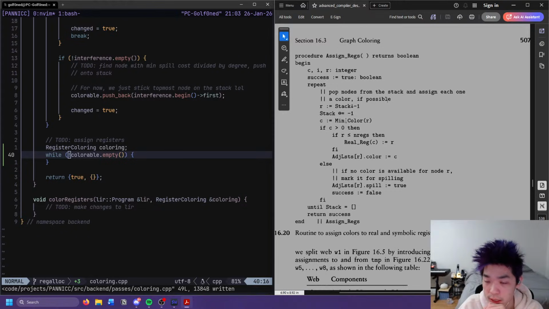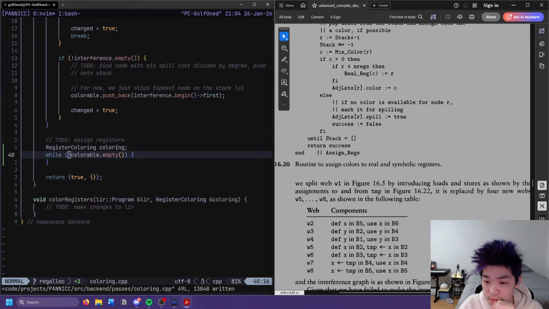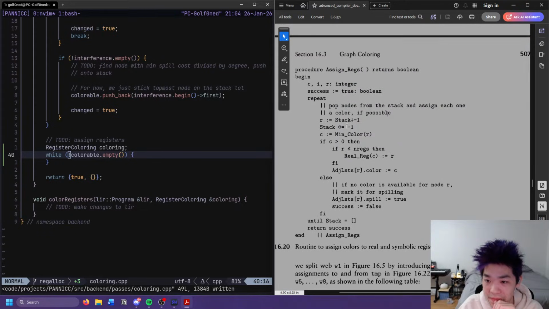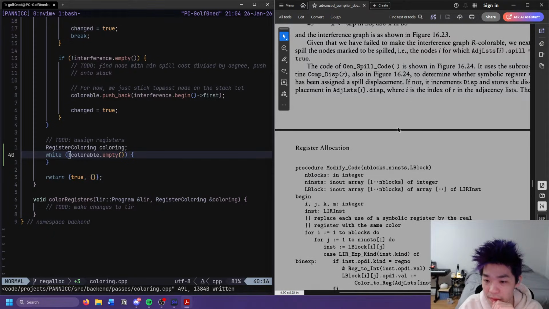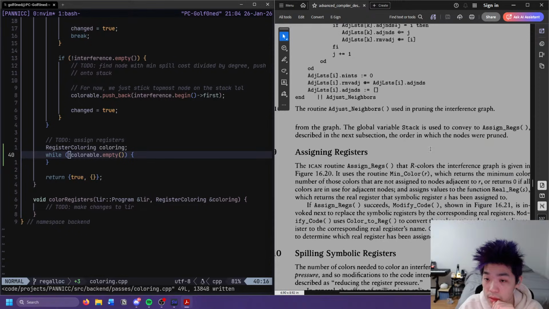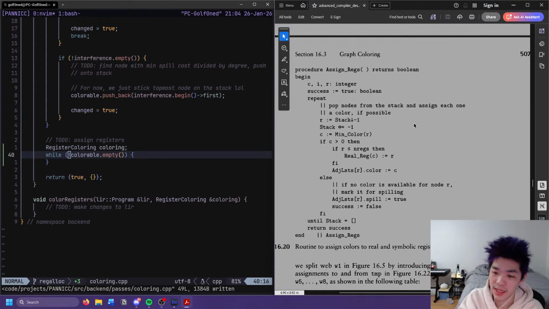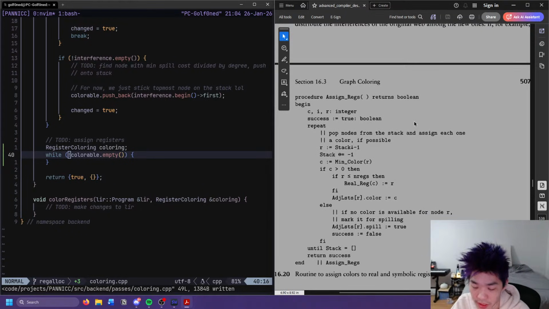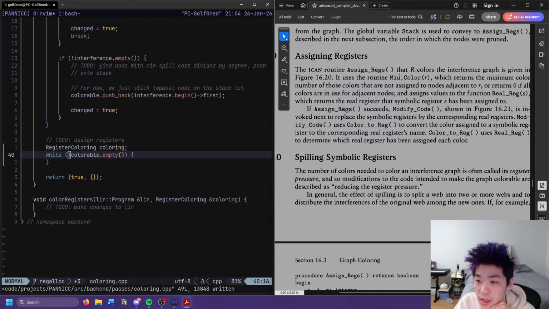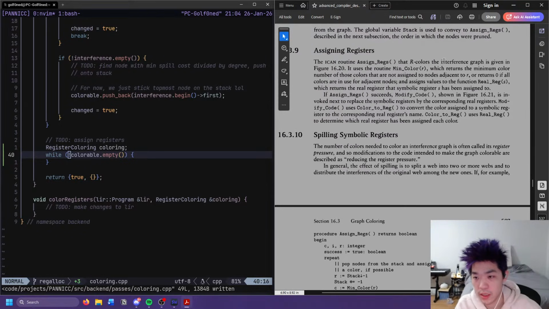Min color. Where does min color come from? That's modified code, that's not what we care about. Presumably it's just literally the minimum color of some sort. Oh, surely it's explained here.